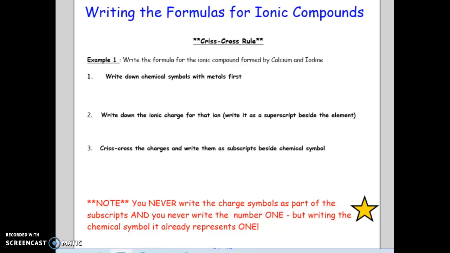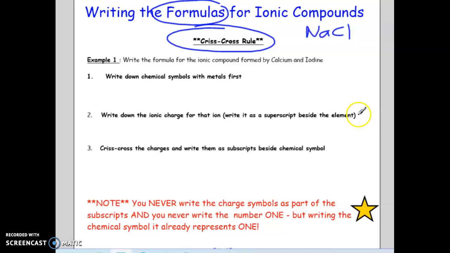Okay, so you're going to learn something called the crisscross rule. Let's recall, what do I mean when I say a formula? When I say a formula, I mean when we're writing out the chemical symbols, if you remember when we did counting atoms. So let's say I had,